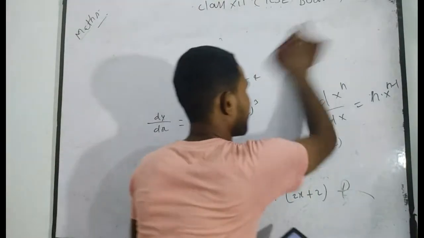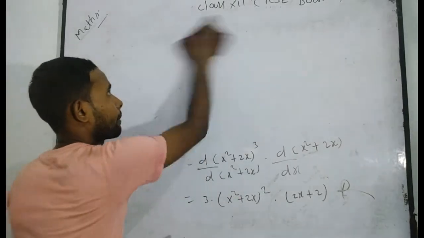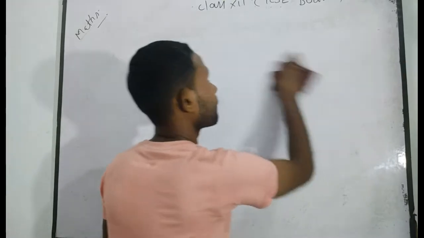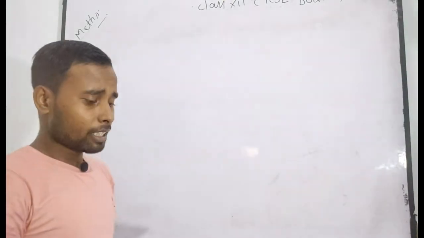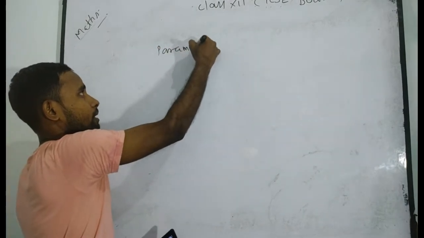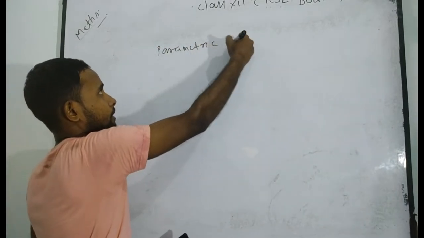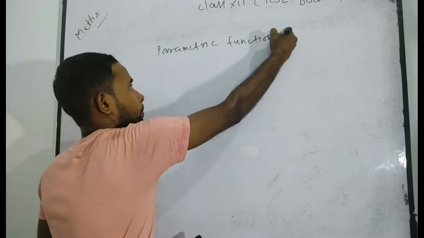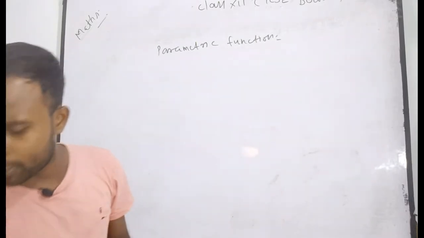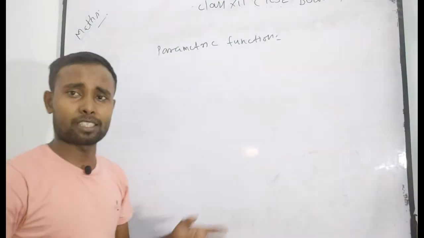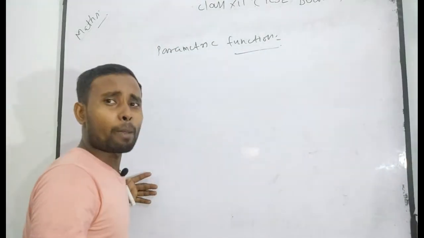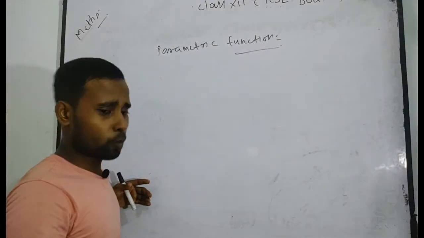Now I have discussed parametric function and the reason behind it. That's why I got confused here relevant to this problem. I want to tell you, because I want to discuss parametric function. Parametric function. This is used in your next class. Because this chapter has been completed in this video, I am explaining it this time again. What do you mean by parametric function? One second, wait.